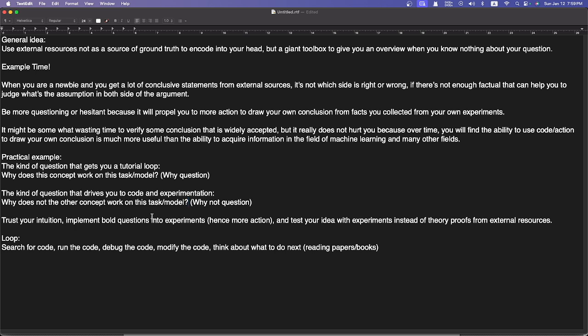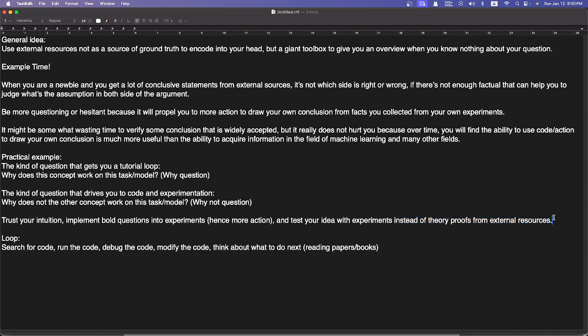In the end, the ability to do quick testing and quick feedback will give you more factual knowledge, a more solid base of information than others. So the conclusion is to test your idea with experiments instead of theory proofs from those external